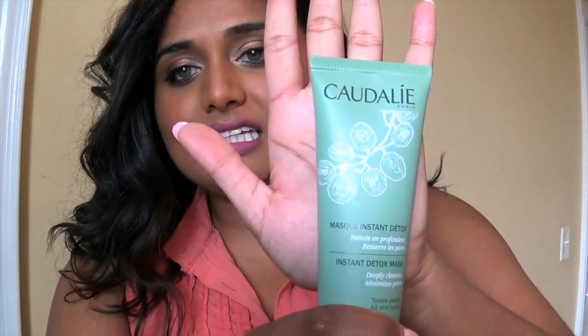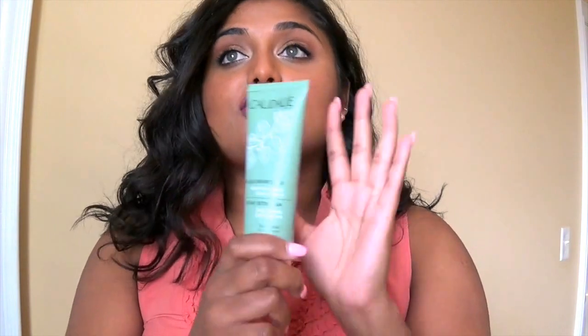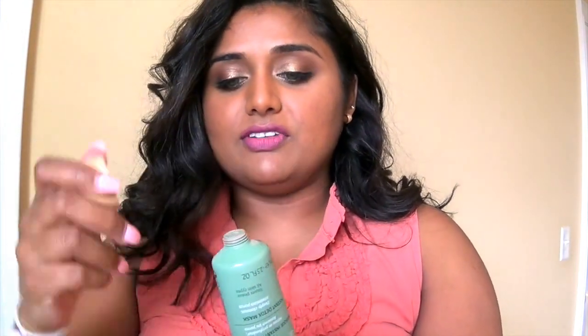It's the Caudalie Instant Detox. It is ridiculously good. I'm in love with it. It's only $39 here in Canada at Sephora. And how I apply this so I don't waste product and I get it in an even layer: I take a synthetic brush, I put some out, and I just spread it